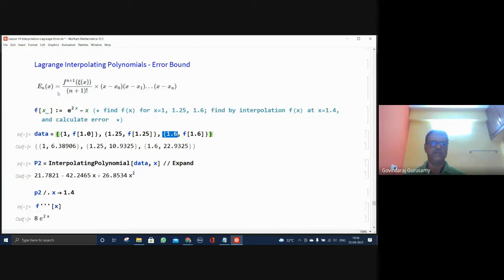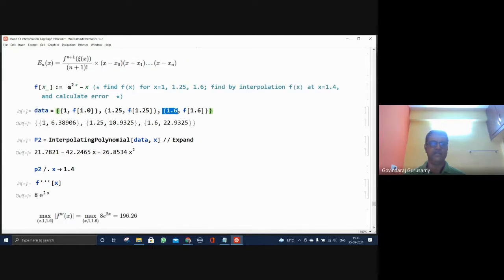So now we take this f n plus 1 for this data. There are 3 data points, therefore it is a second order polynomial interpolation. So I have to differentiate this function 3 times. That's going to be f triple prime, which is equal to 8 into e power 2x, and this is also the same as